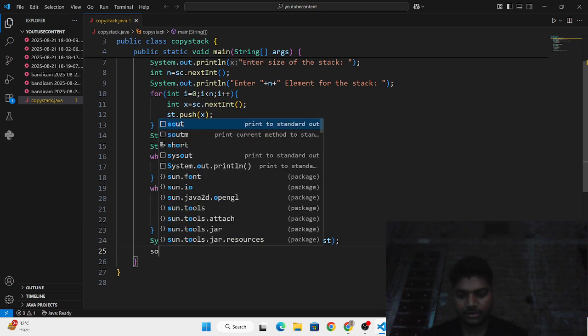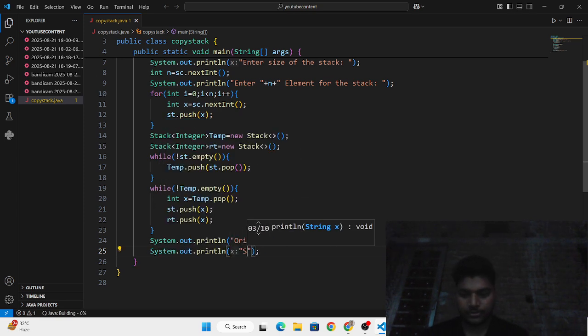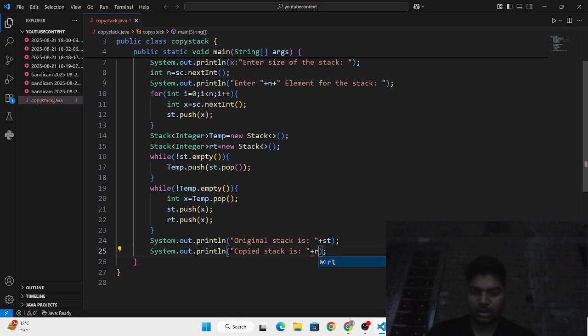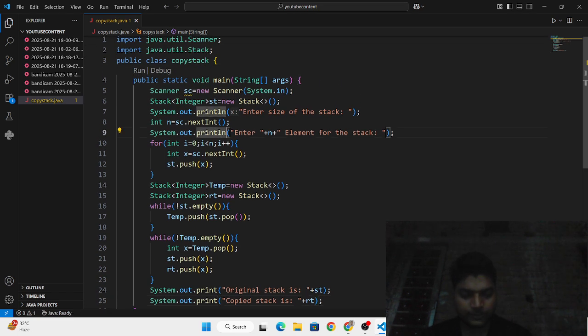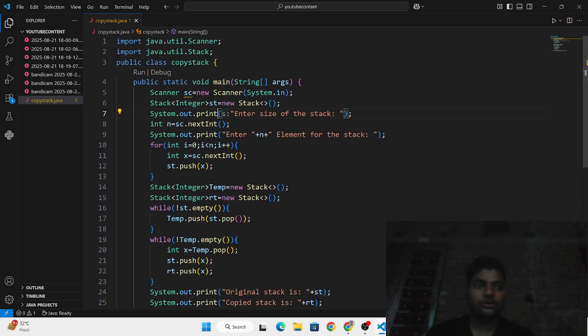And here I need to write copied stack is rt. I need to remove ln from all output statements so that our cursor will be next to this text, and so I am going to execute this.